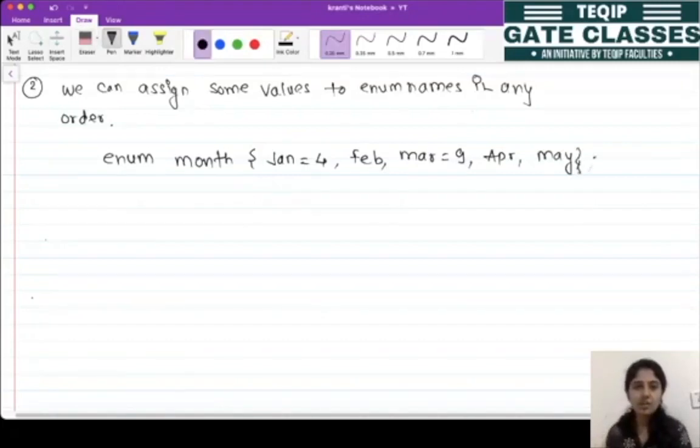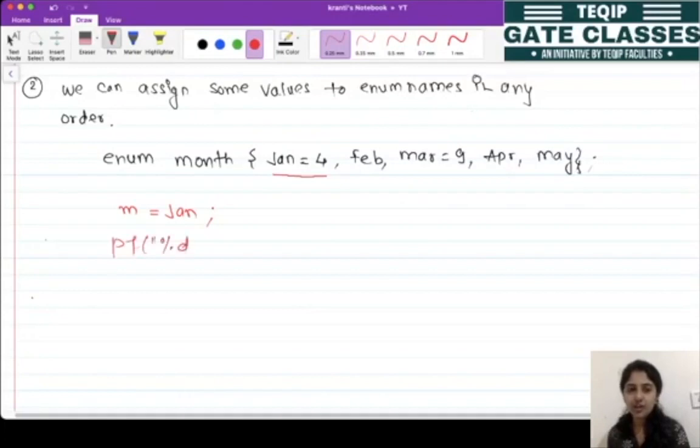So if you observe this, we have assigned the value 4. So whenever we declare a variable of this enum month, let's say m, and when we assign this January to m and print the value of m using this printf, with %d and m, this variable m will give us the value 4.